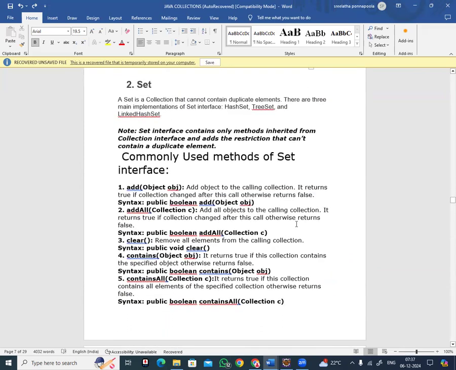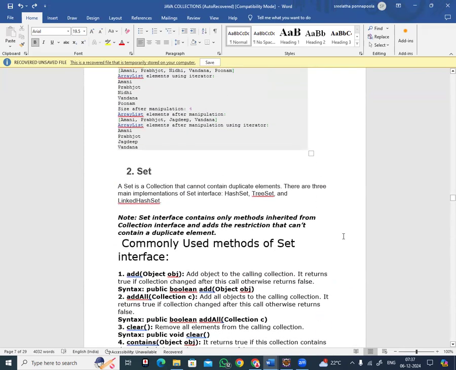We'll see the Set example, because I don't want to repeat the Vector, Stack and all. It's easy only. Just go through the material and understand the concept and come up with questions when you miss something, and definitely we'll get questions when you're practicing. So come back with the questions. So I am starting